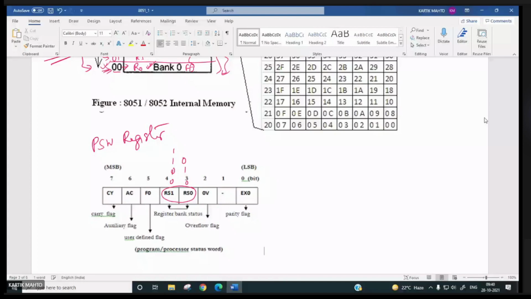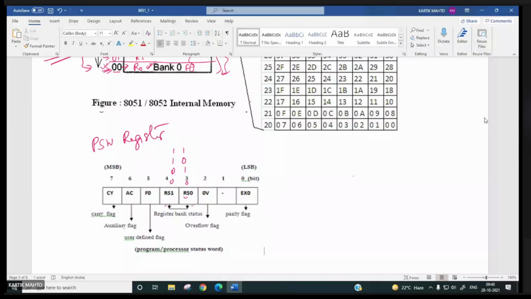And how to set these bits? That is also very easy in a microcontroller. Imagine in 8085 you have to move something to the accumulator, then from there move it over here in order to modify these bits. Here you can directly set or reset these bits, because this is bit addressable.